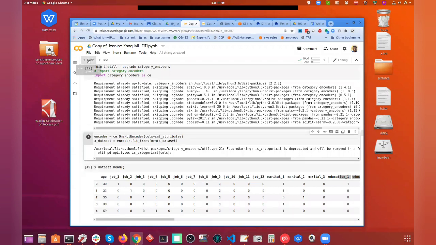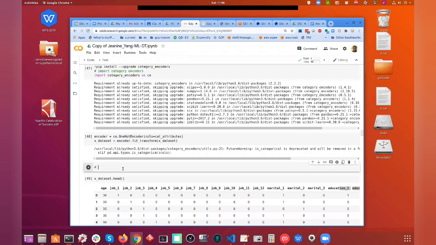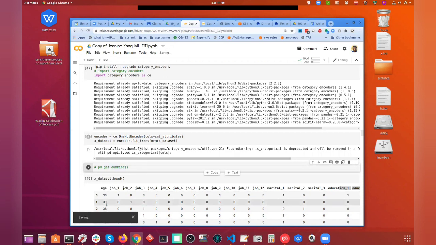Encoder, pandas get dummies. It's also pretty good, right? So I tend to use it quite a bit as well. Check this out. This can encode an entire data frame as well. What they do is they look at the